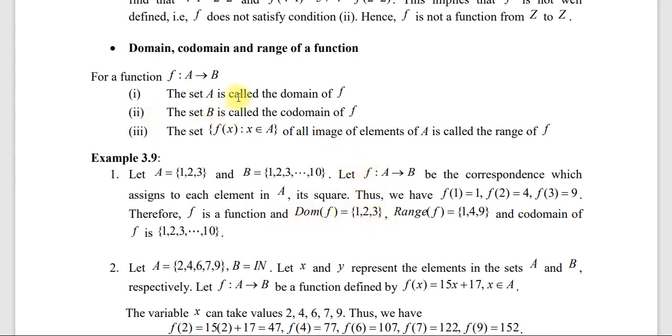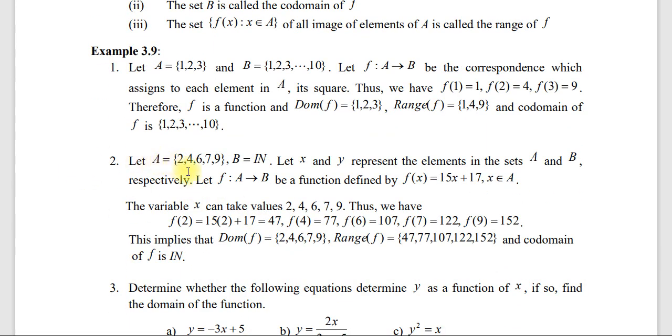ምክንያቱም ዶሜን ማለት ነው the set A is called the domain of f ብለናል። ስለዚህ a ላይ ያሉ ነገሮች ዶሜን እንላቸዋለን ማለት ነው። ሬንጅ የምንላቸው ደግሞ 1 4 9 ናቸው። 1 4 9 ሬንጅ ናቸው። and codomain የምንለውስ b ነው። b ውስጥ ያሉ ስብስቦች codomain እንላቸዋለን። ስለዚህ range is a subset of codomain. ያ ማለት ነው 1 4 9 is a subset of 1 2 3 4 5 6 7 8 9 10. ስለዚህ በዚህ ውስጥ ይገኛል ማለት ነው የቫልዩ ሰው ምን እንላለን? range is a subset of codomain እንላለን ማለት ነው።